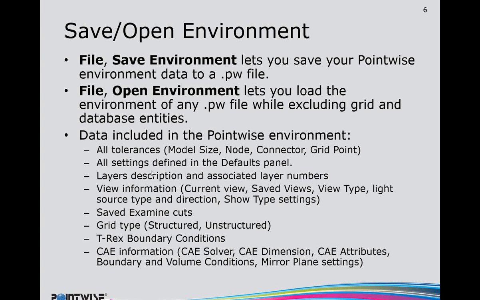There's probably additional items, but some examples are all of your tolerances in your file properties panel, layer descriptions and associated layer numbers, saved examine cuts if you have those in your system. Probably some of the really key things for users are boundary conditions, both for our TRex unstructured solver capability and also just for the CAE selection. CAE boundary and volume conditions, all of this information is considered part of the environment